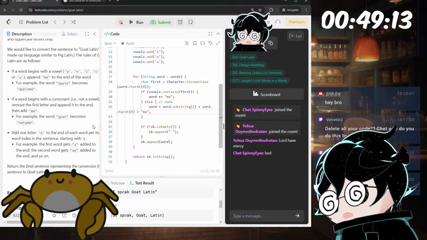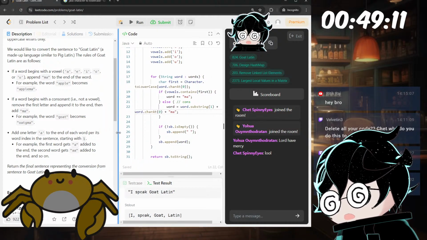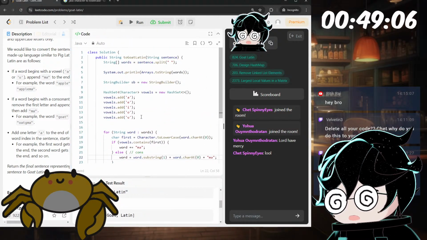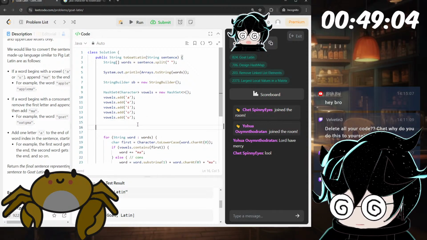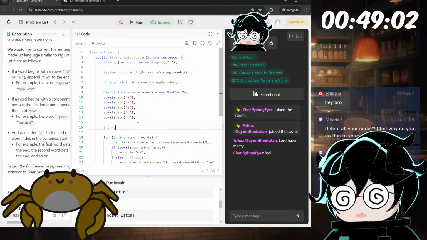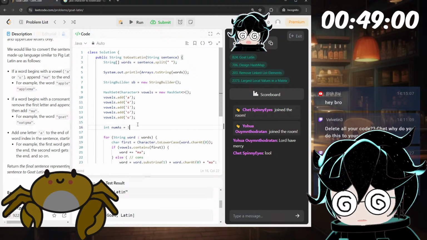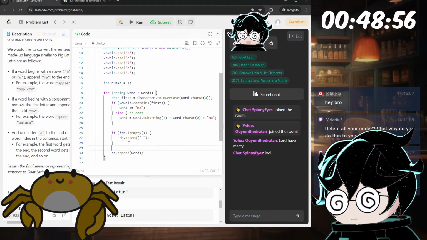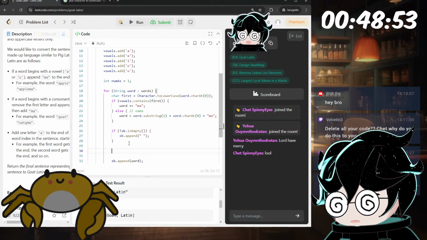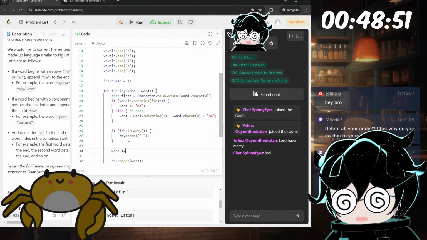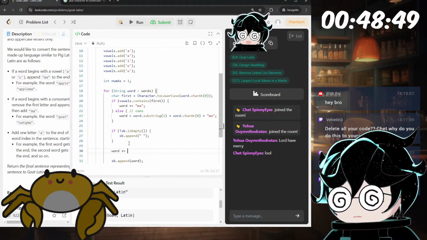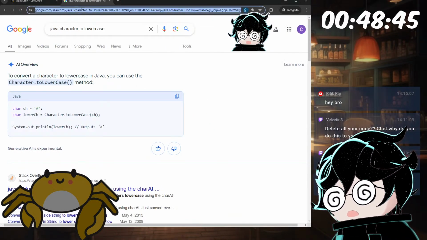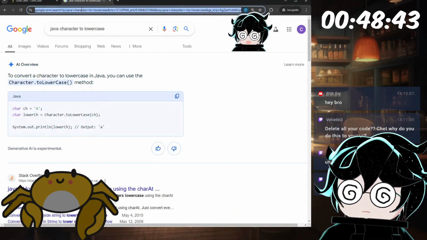Add one letter A to the end of each word per its word index, starting with 1. And then we have num A's is equal to 1. So word plus equals A. Is there a string repeat in Java?